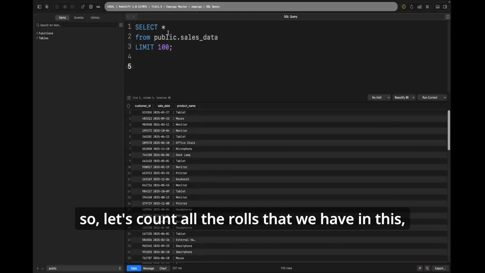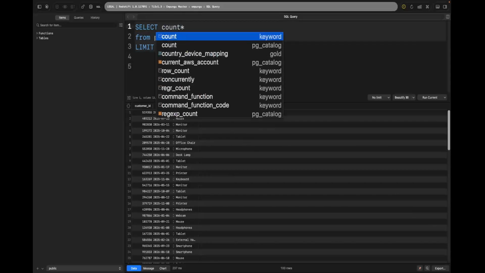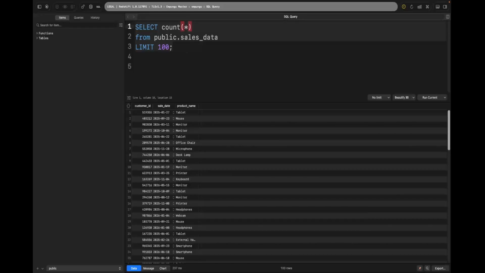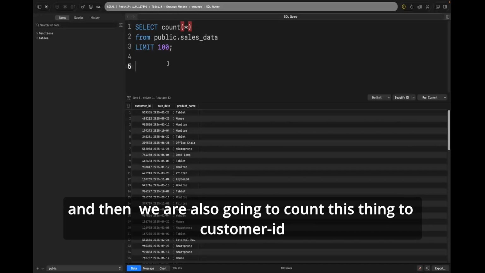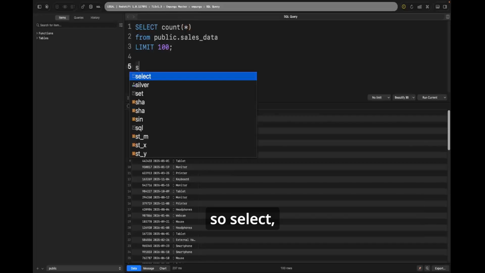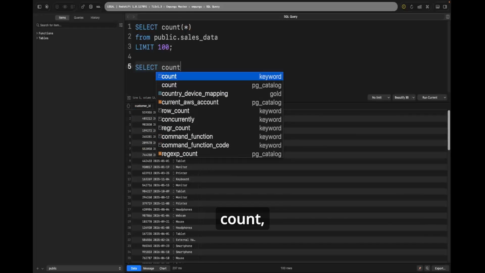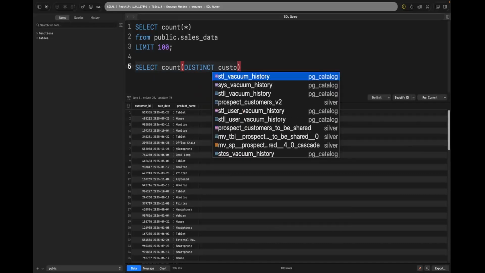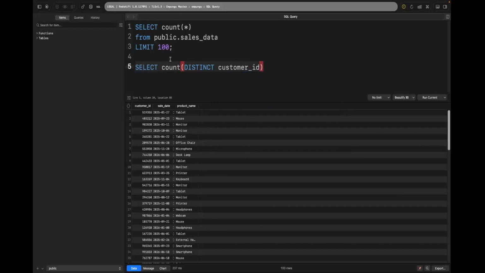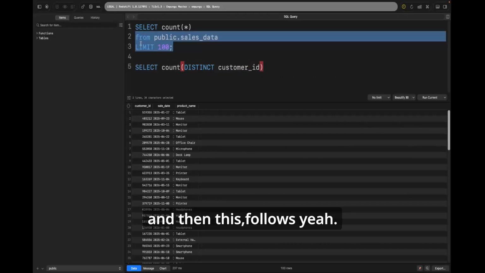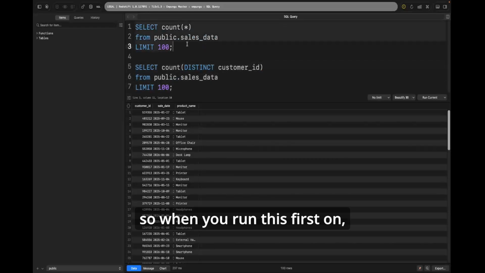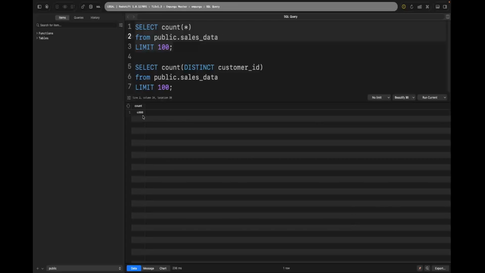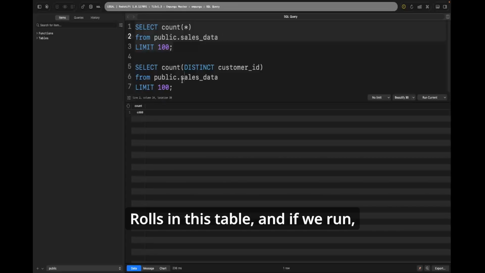So let's count all the rows that we have in this table. So we're going to say count star, and then we're also going to count distinct customer ID. So select count unique. Distinct is like unique customer ID, and then this follows here. So when we run this first one, we can see that we have 4,000 rows in this table, and if we run